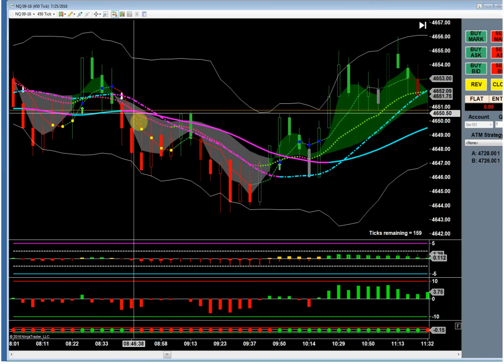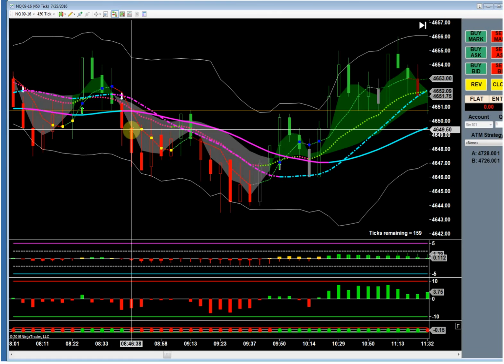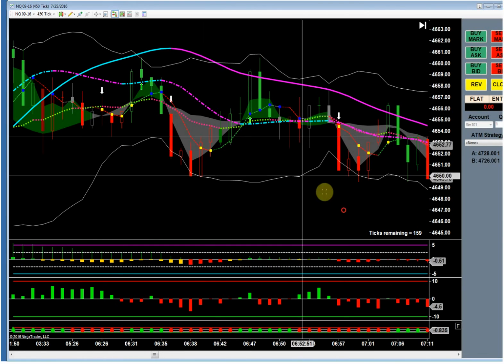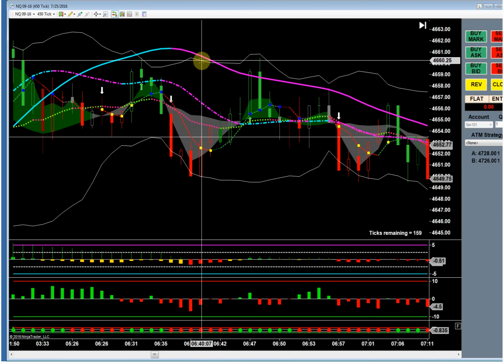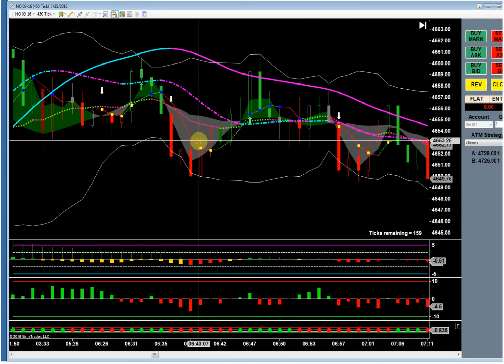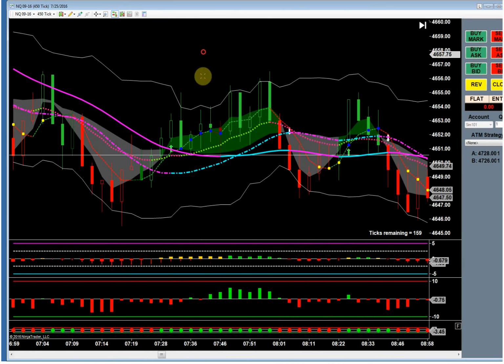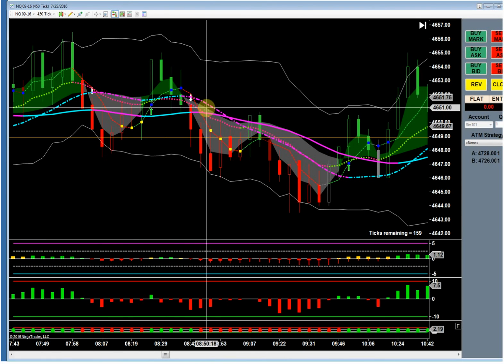Here's a match. Now look, notice the bands here, how tight they are. I want to show you this, very important. Compared to here, it's day and night. Look at the spread between the bands. Don't take these trades when the bands are spread like that. You want trades where the bands are spread tight like this, or like this is good. Look at that. Everything's kind of tight.